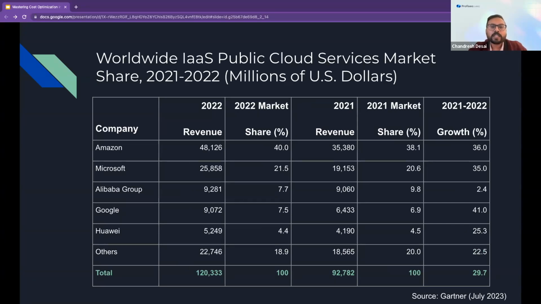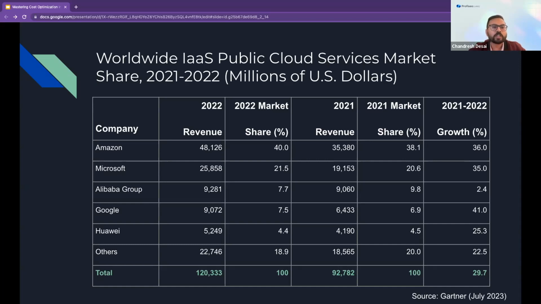In this table, which was recently published, in July 2023, in Gartner's report, Amazon is still on top. Last year it had a 40% share, and this year it could be similar, but we don't have the exact report right now.